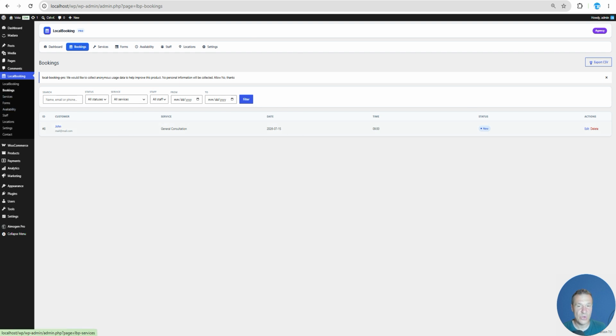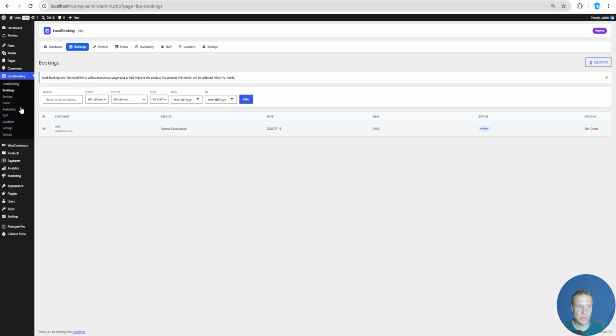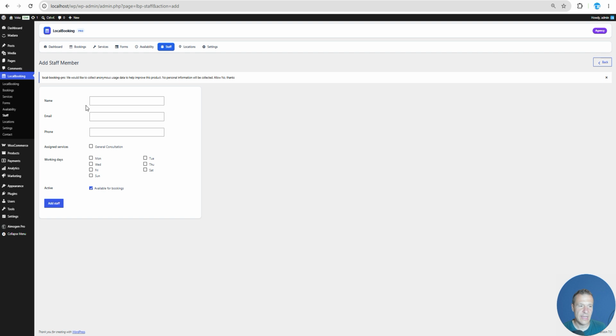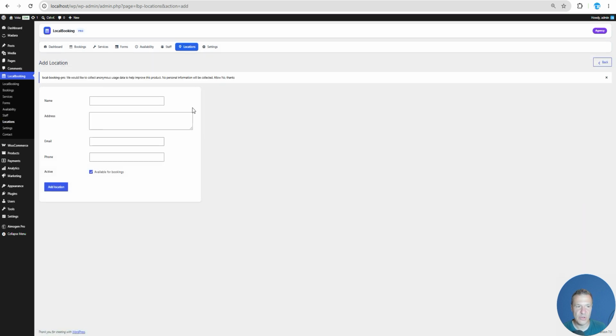Okay, so note that if another user wants to book the same time slot, it will not be possible, as that time slot will be taken. Also, what needs to be mentioned is that for agency plans you will have also access to staff management. You can add new staff. Adding new staff will work, and you can add name, email, phone, locations, and these will also appear in the form. The users will be able to select staff,